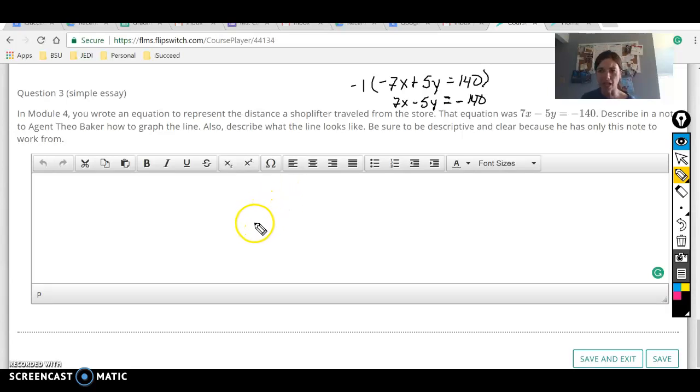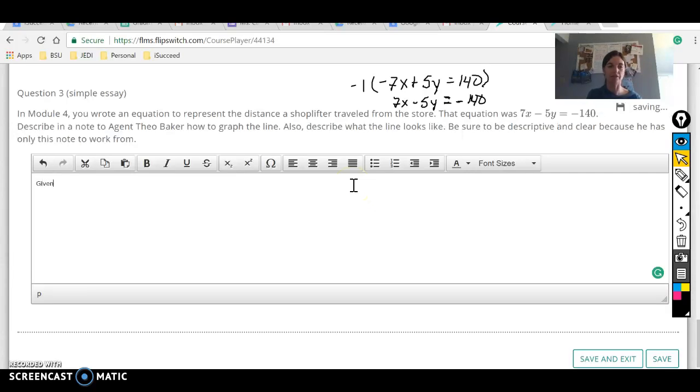So describe in a note to Agent Theo Baker how to graph the line. Also describe what the line looks like, and be sure to be descriptive and clear because he only has this note to work from. Okay, so I think what we can do here is just go ahead and type and say given. You can use either equation. I'm going to go ahead and use the one that I came up with. Given negative 7x plus 5y equals 140,